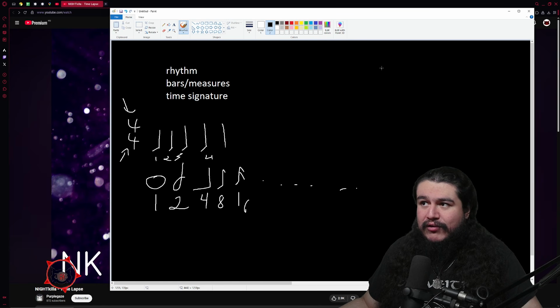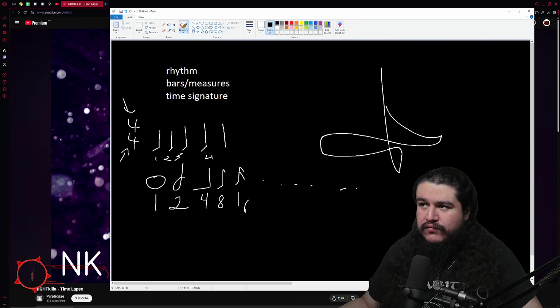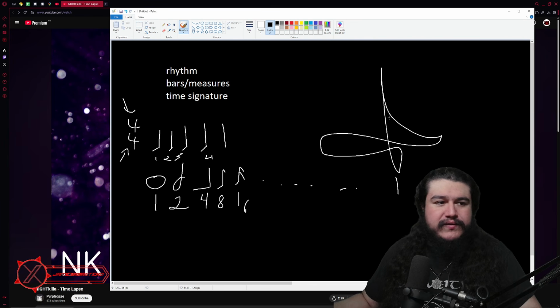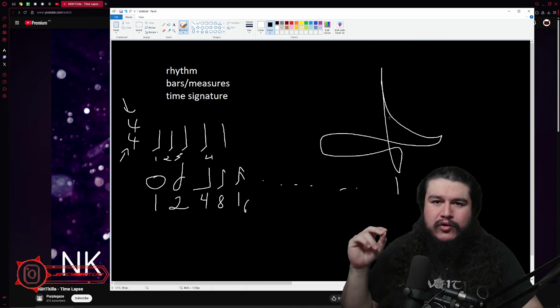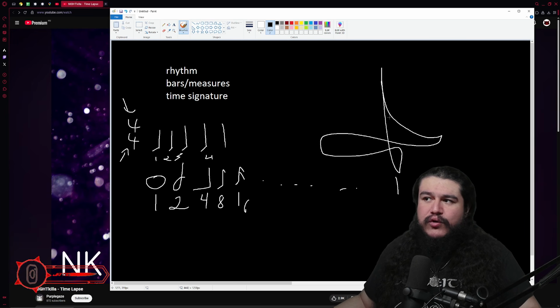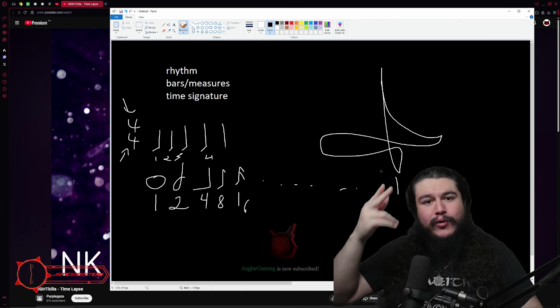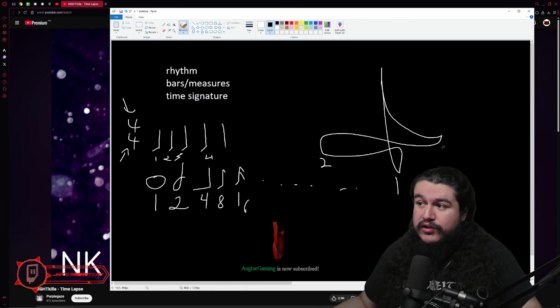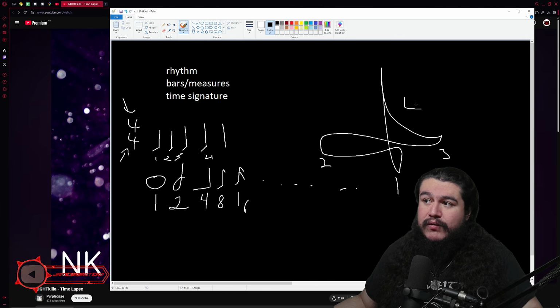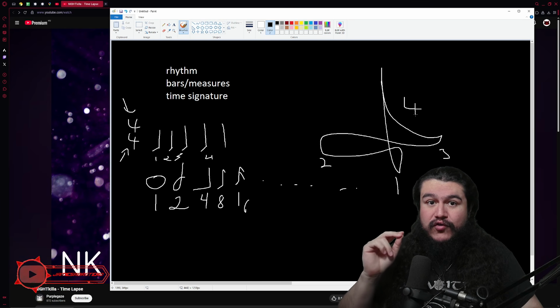The way it looks is like this. If I were to draw it down, right? So we have 1, 2, 3, 4. You can see over here, the 1 is going to be the downbeat because it goes downwards. Very nice and simple. No matter what kind of measure you have, your first beat will always be going down, which is why it's called the downbeat. Then we have number 2 over here, number 3 over here, and number 4, the last beat of your measure,